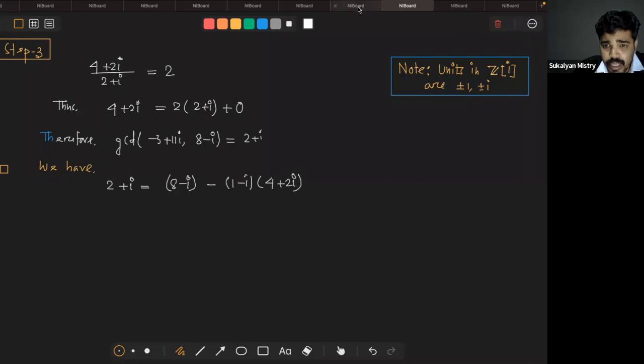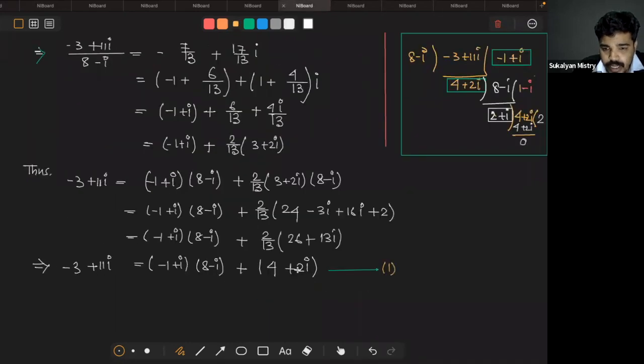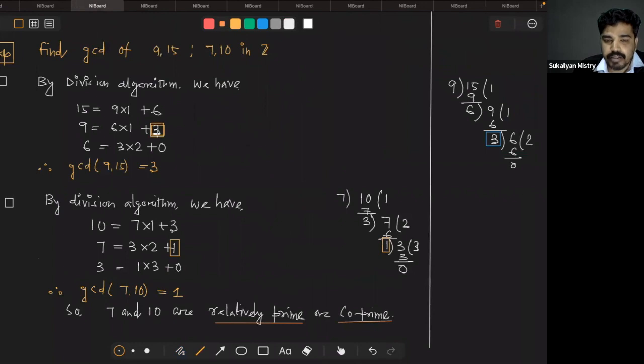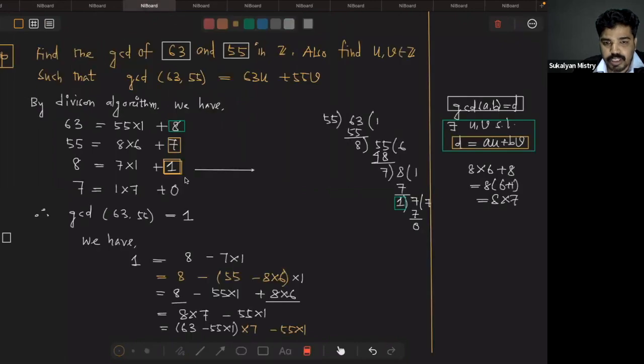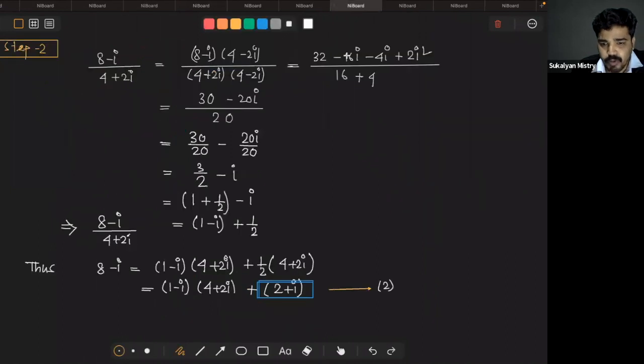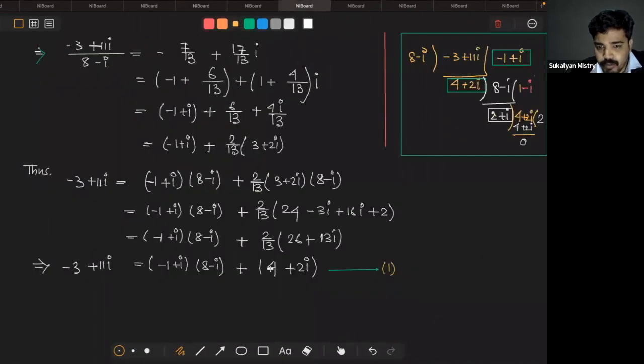এবার নেক্সট দেখো 4 plus 2i ভ্যালু পুট করো, রিমাইন্ডারের ভ্যালুগুলো পুট করতে হবে আমাদের, ঠিক। আমরা যখন এই প্রবলেমটা ডিসকাস করেছি, দেখো আমরা সবসময় রিমাইন্ডার 3 এর ভ্যালু পুট করেছি, 6 এর ভ্যালু পুট করেছি, তাই না? এই প্রবলেমটা যখন সলভ করলাম যে ফাইন্ড টু ইন্টিজার্স u and v সাথে থাক, ফার্স্ট রিমাইন্ডার 1, কারণ GCD 1 পেয়েছি, সো 1 থেকে স্টার্ট করছি, 1 is equal to 8 minus 7 into 1, 7 এর ভ্যালু পুট করছি, তারপর 8 এর ভ্যালু পুট করছি, সেম প্রসেসে আমরা এখানে করব।